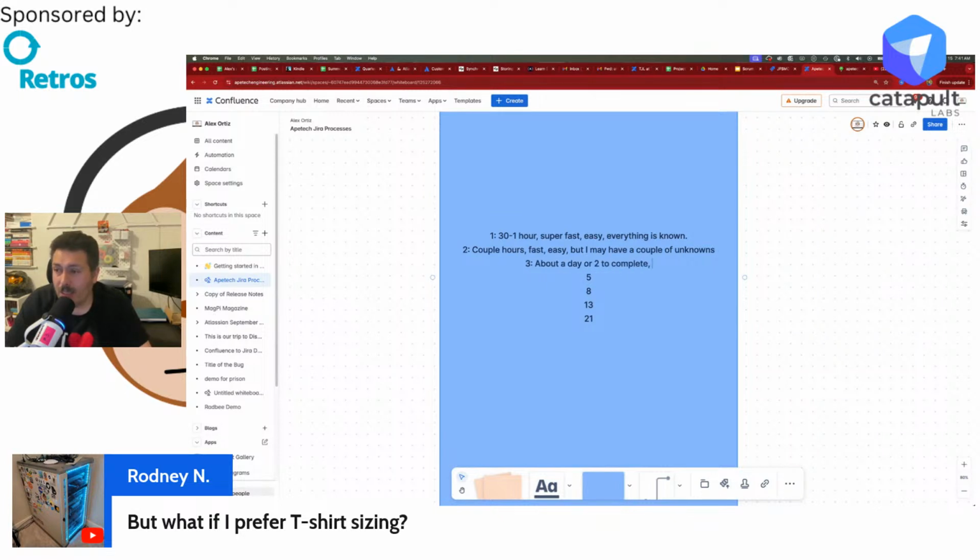So it's going to be slower now, right? It's going to be easy-ish, right? We start getting a little bit harder, a little bit more complex, and we have some unknowns. We just don't know, right? Things start getting a little bit more fuzzy, a little bit more blurry, and you have a couple of dots. You know that there's dots there. You know that you're missing some dots, but